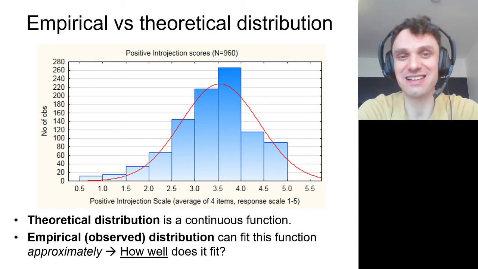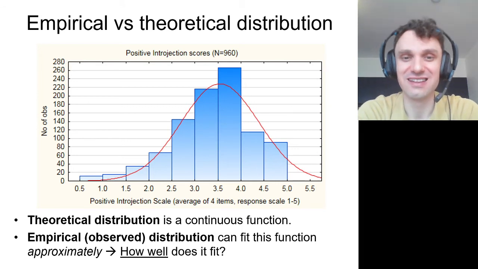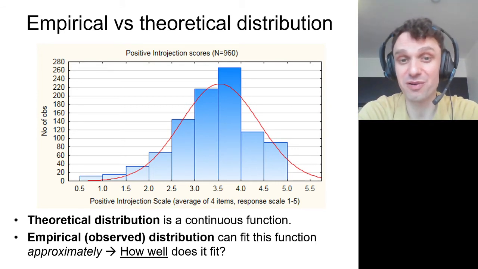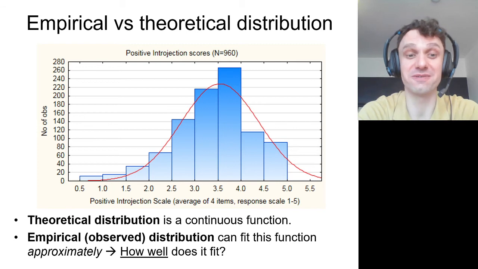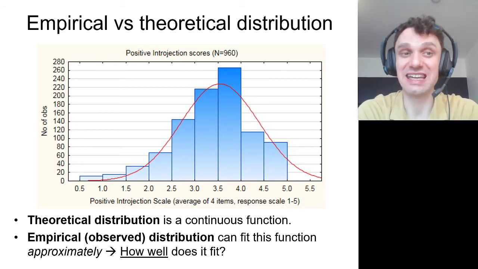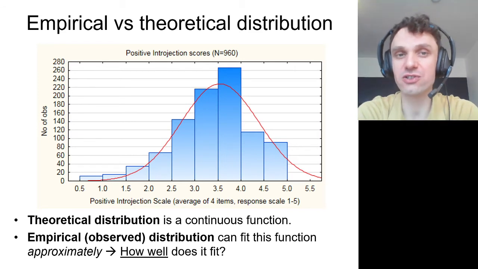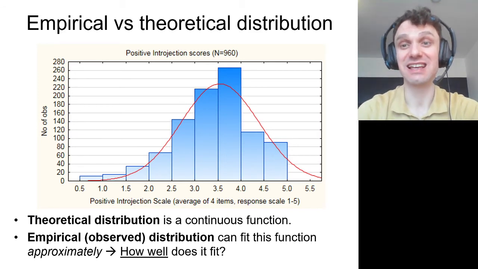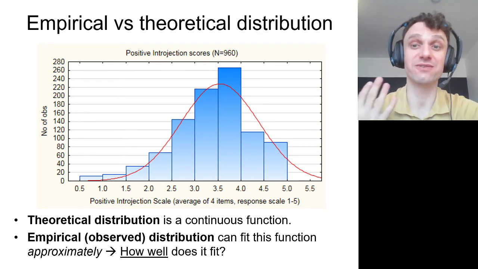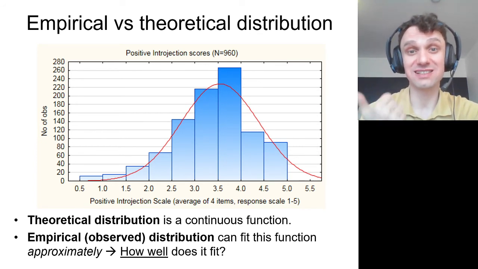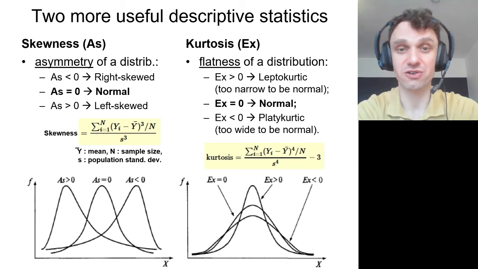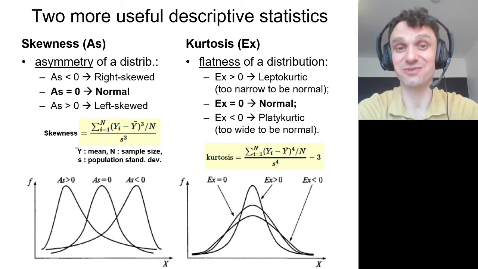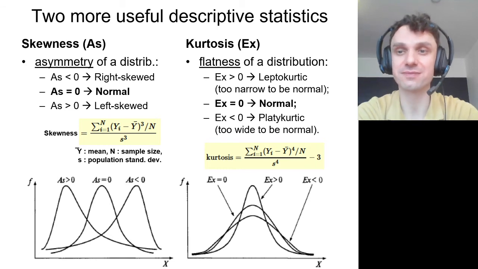Sometimes there are too many answers, for example, in the range of 3.5 to 4, and sometimes there are too few. For example, in the range between 4 and 5, probably we need a bit more to get this result to exactly fit under the curve. So this is why, in order to describe an empirical distribution, we need two more useful descriptive statistics. And it was Carl Pearson who proved that if you have these four statistics, mean, standard deviation, skewness, and kurtosis, you can describe a very large family of distributions. So for most practical purposes, these four descriptive statistics will be enough.